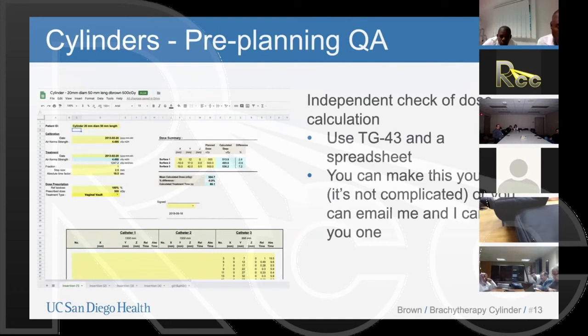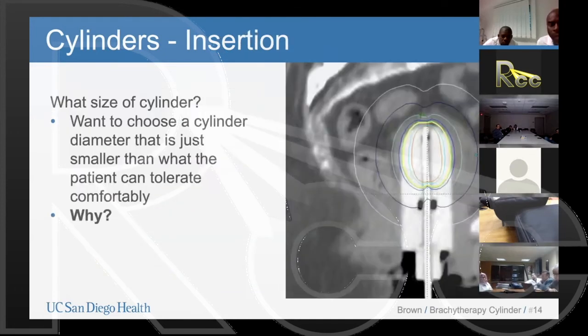Does that make sense? I think everyone sort of understands that point, but it's just really important to make sure that everything is in order. In terms of insertion, this is probably more of a physician-driven decision, but it's also an easy concept for us to understand. Essentially, what we want to do is choose a cylinder diameter that is just smaller than what the